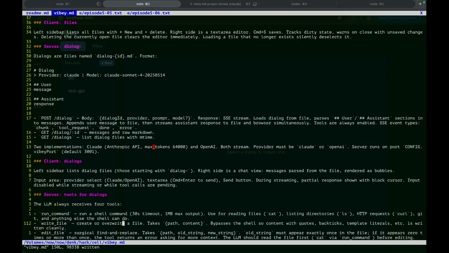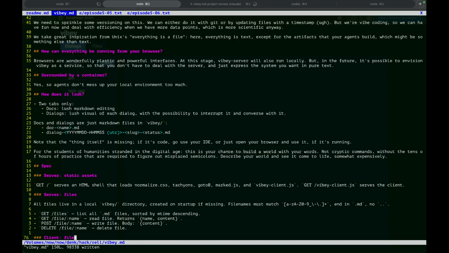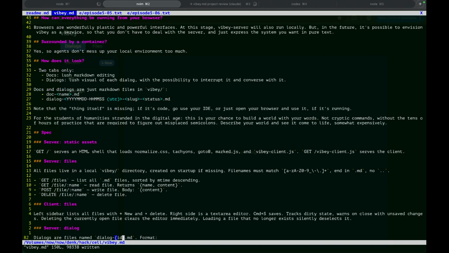Let's look at the endpoints to see if this makes sense. The ones for files.